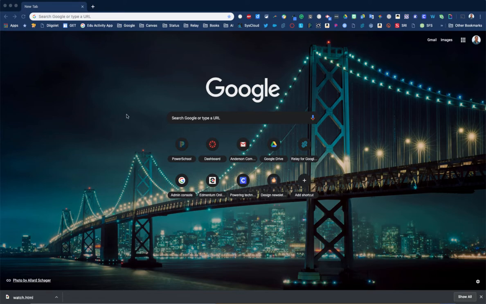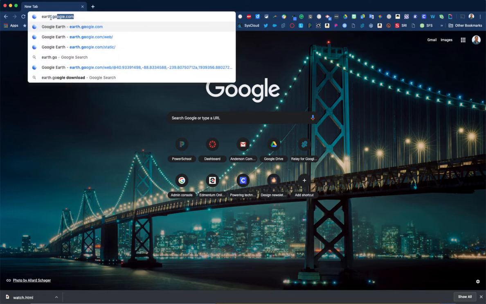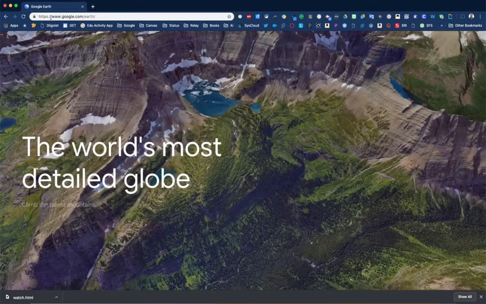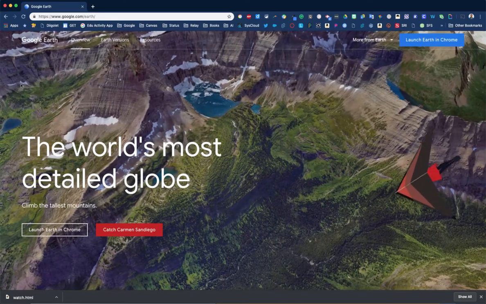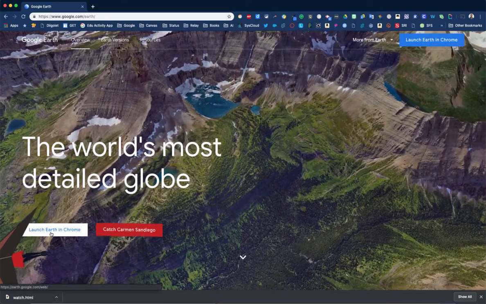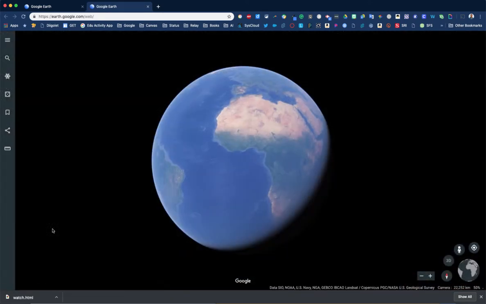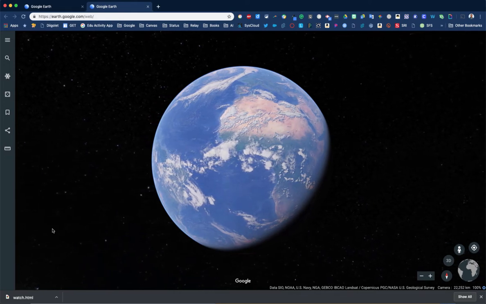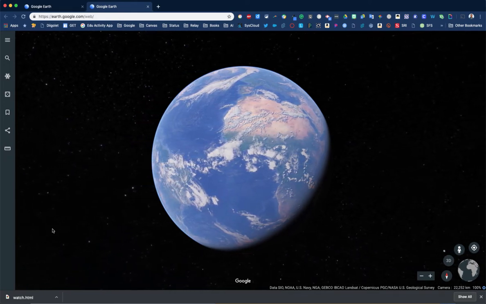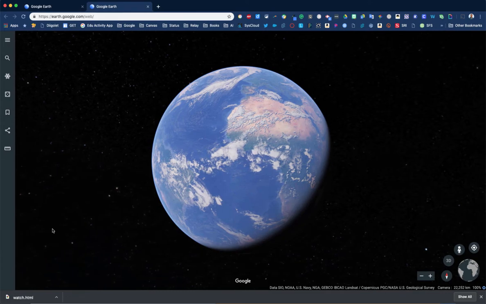First thing you need to do is from any device, you can go to earth.google.com. And because this is on the web, where it says here Launch Earth in Chrome, that means you have the option of showing it from a projector to all your students at once, or if they have Chromebooks, they can watch it with you. So now I am in Google Earth, and you see here we just have a big